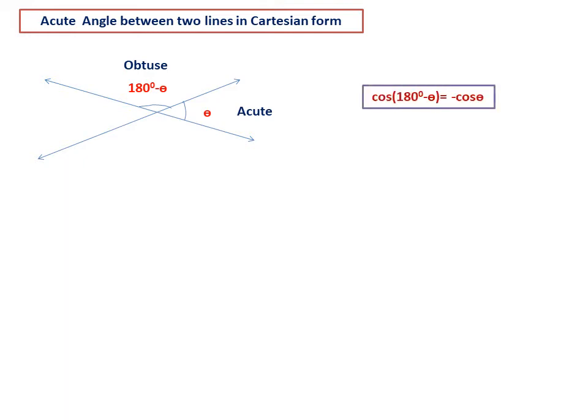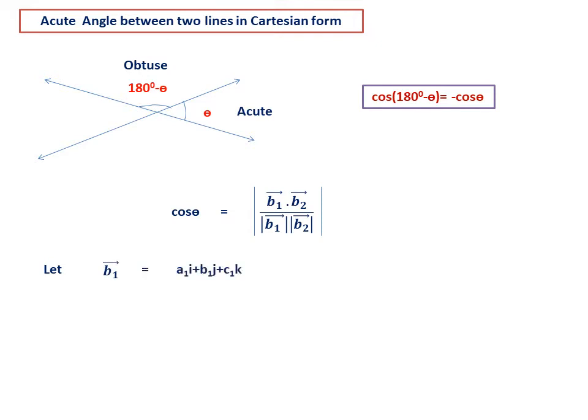Therefore now cos of 180 minus theta equals minus cos theta. Therefore in the formula, cos theta can be both plus or minus. If you take theta acute, it will be plus. If you take theta obtuse, it will be minus. Therefore, in order to avoid confusion, what we can do is cos theta equal to mod of b1 dot b2 divided by magnitude b1 into magnitude b2. If you take this, that means you are talking about the acute angle.